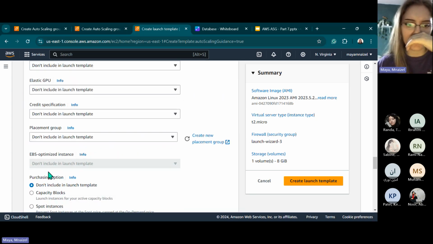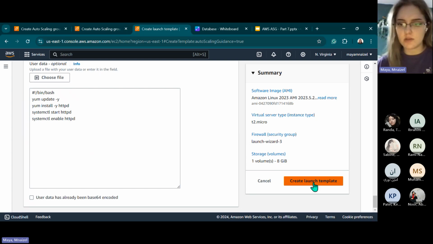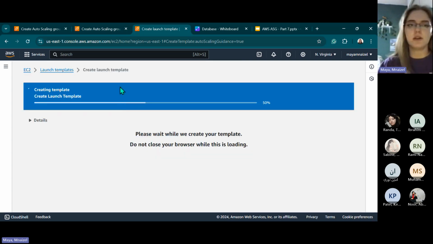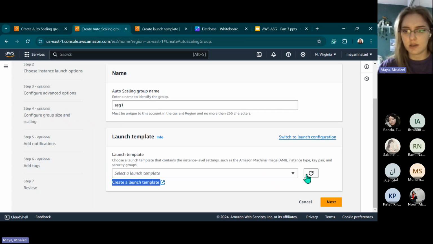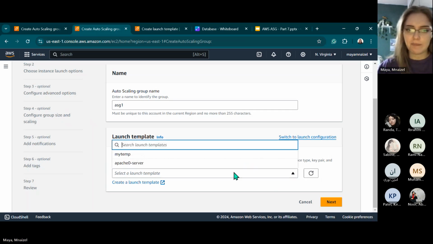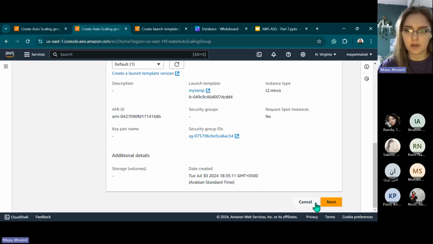Advanced details. We can again upload our code. So there's two ways to do that. Create launch template. After we do that, let's refresh and use my temp. Okay, so default, everything is good. Next,